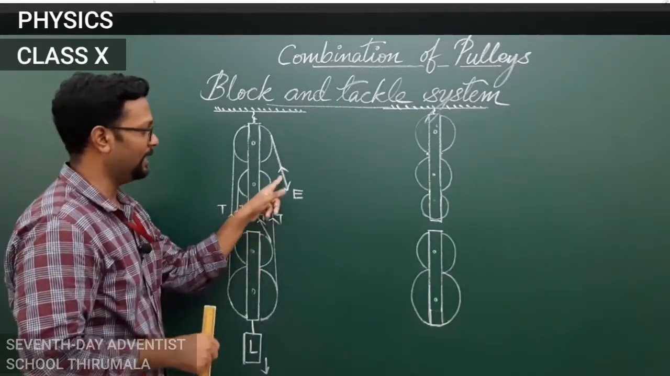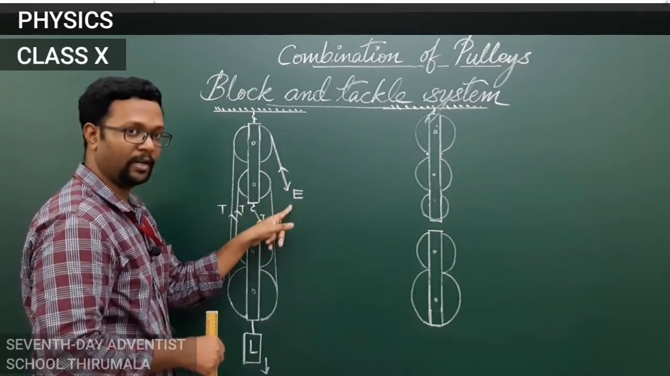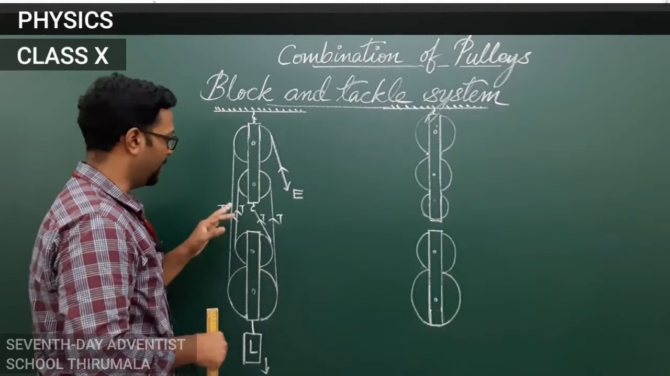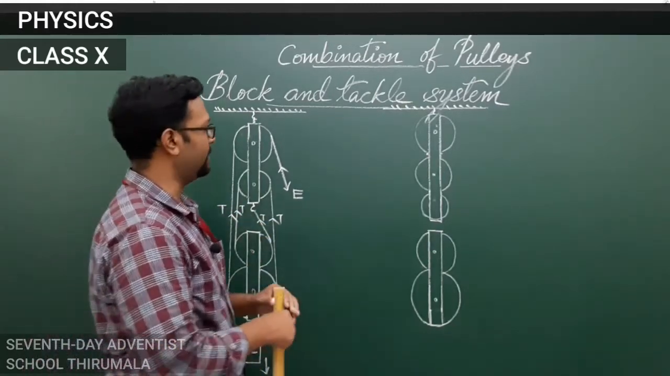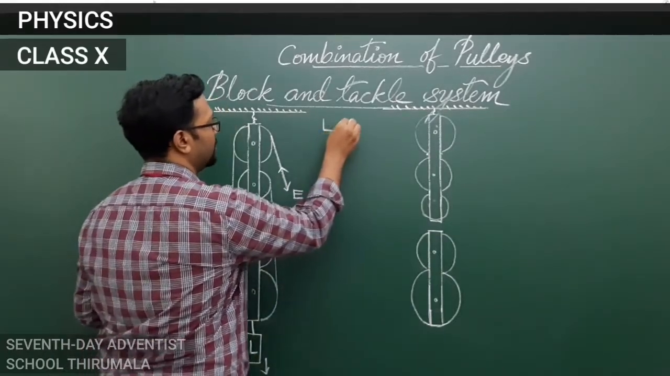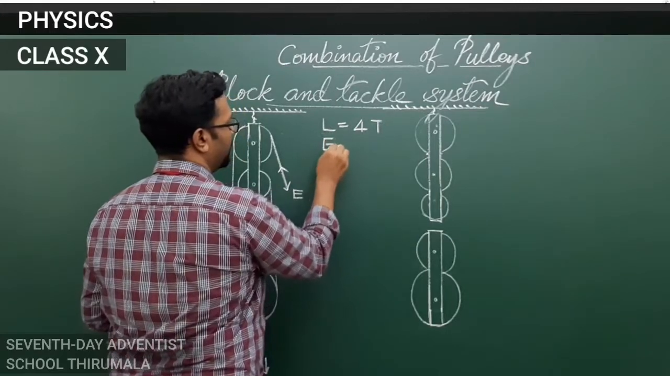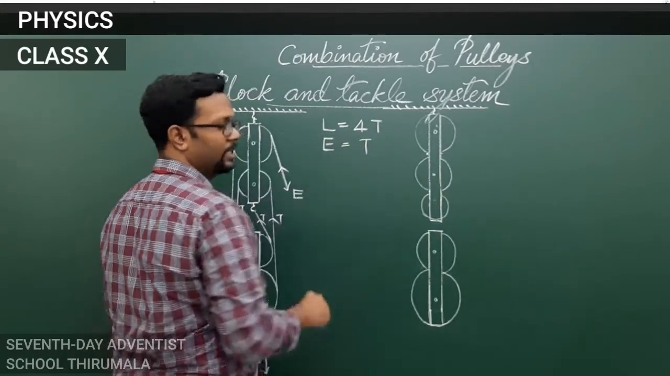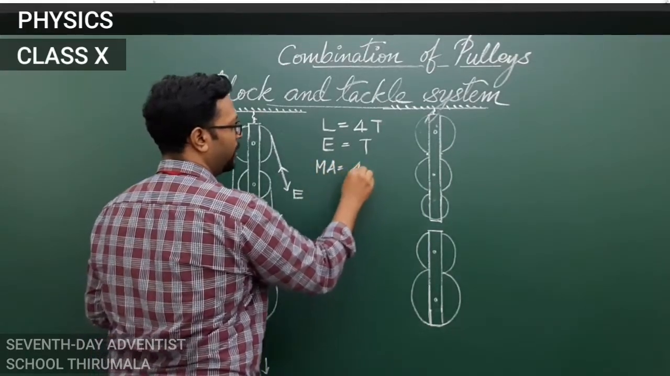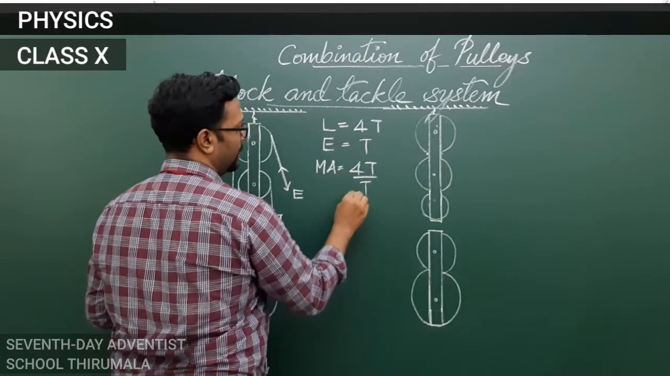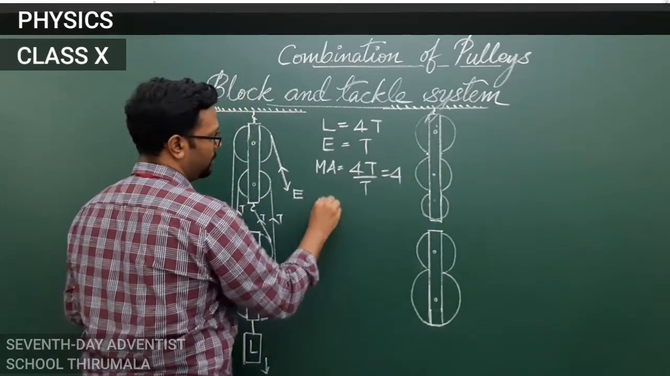So this one single tension developed by effort in this part is supported by 4 tensions which are all supporting the load. So in that case, load can be represented as 4 tension and effort can be represented by a single tension. So when you calculate mechanical advantage, it will be 4T by T, that will be equal to 4, and in the case of velocity ratio,